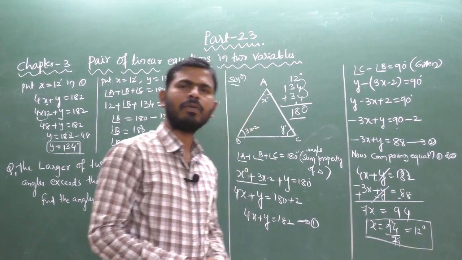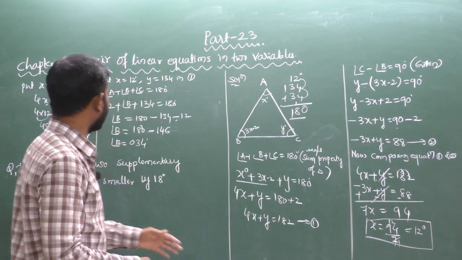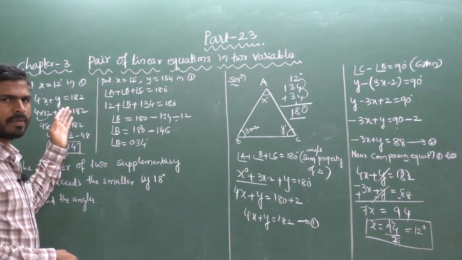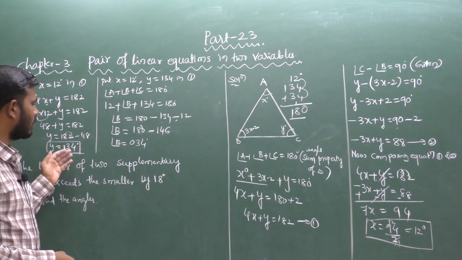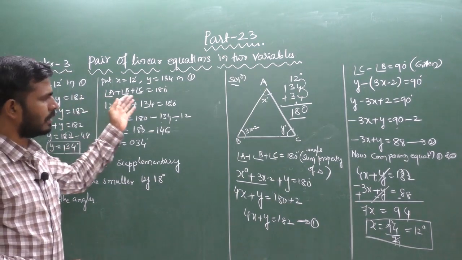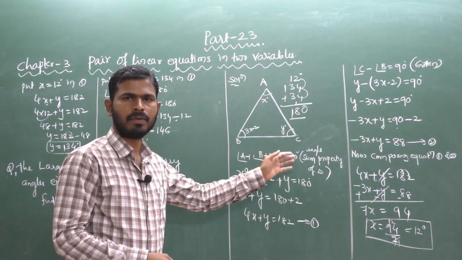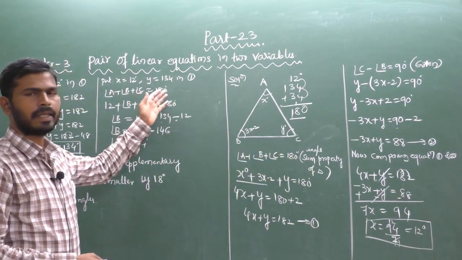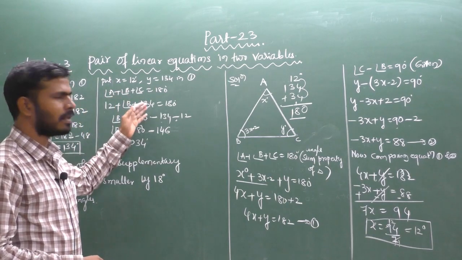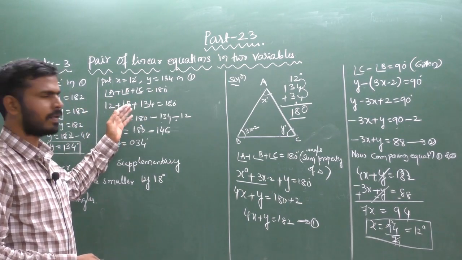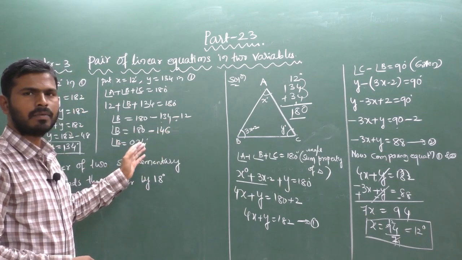We will get any one variable value, that is x, or that may be y. Next, you have to substitute in equations 1 and 2 to get the remaining variable, that is y. Next, you substitute the x and y values in the given condition, that is A plus B plus C equals 180 degrees, the angle sum property of a triangle. A is already found, and C also has its value. B is what we want to find out. If you transpose, we will get B as 34.